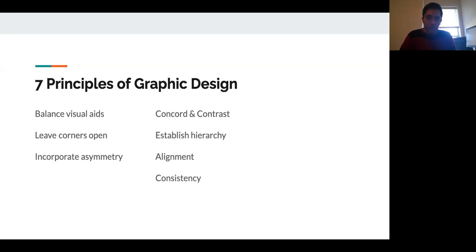You can see it's very minimalist. I only have very few bullet points. And if there's any more bullet points, it would obviously distract. You want to limit the amount of words that you use in a bullet. So the minimum you can have is, say, like three words to a bullet, like balanced visual aids is an example,